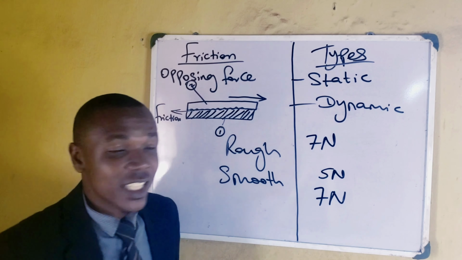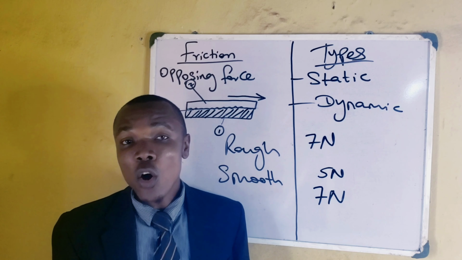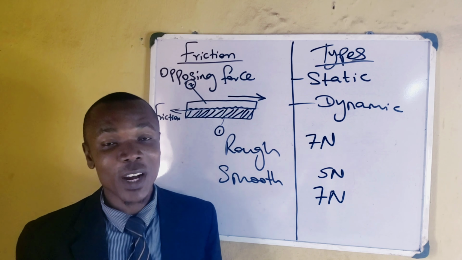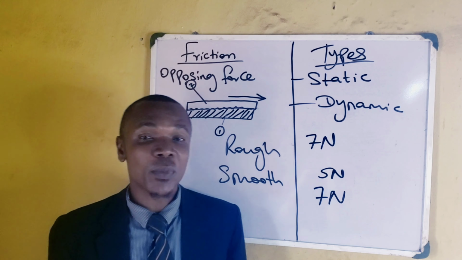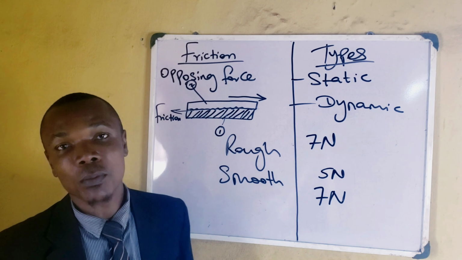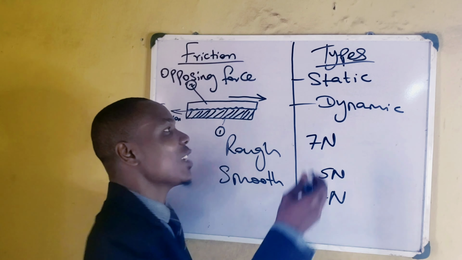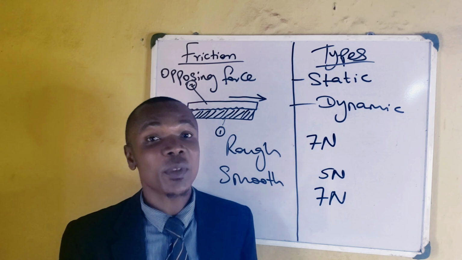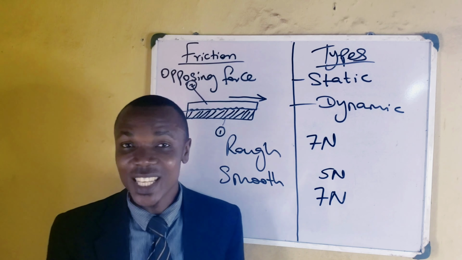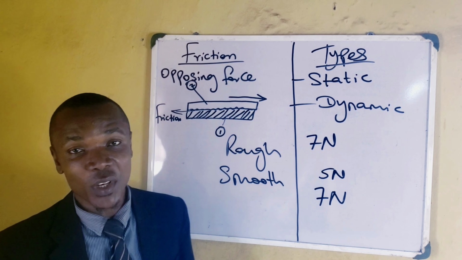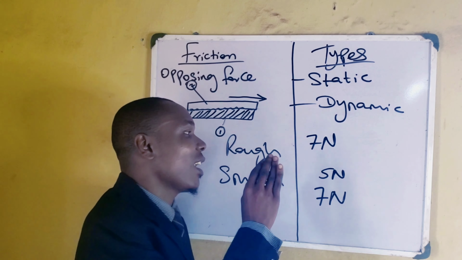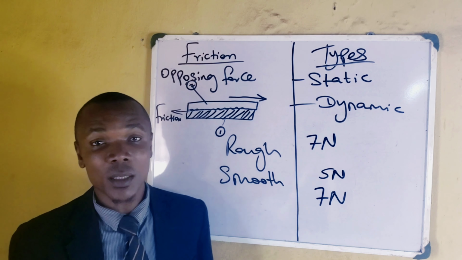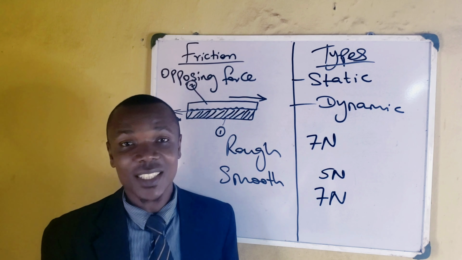So this static friction, it is the opposition force, that is frictional force, that has to be overcome before a stagnant object will start to move. All right. So it has to do with when an object is stationary, when an object is at rest, when an object is stagnant, when an object is not moving. So that is the amount of force or opposition force that has to be overcome before the object will